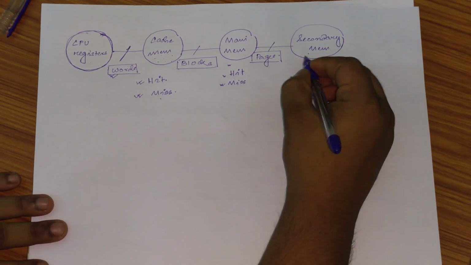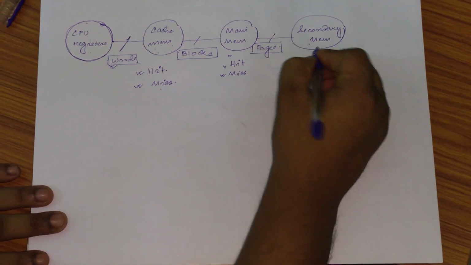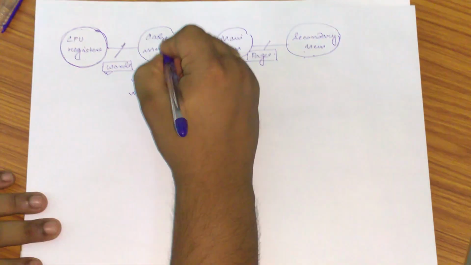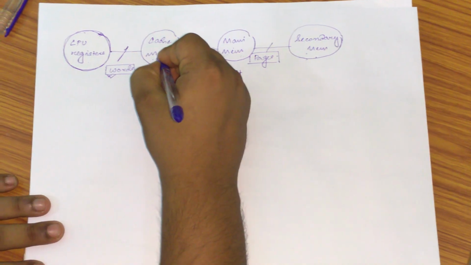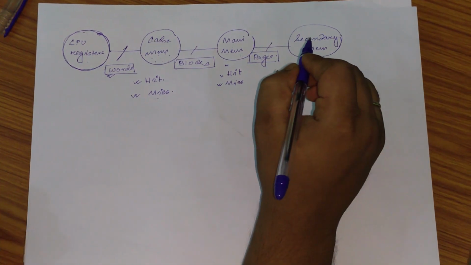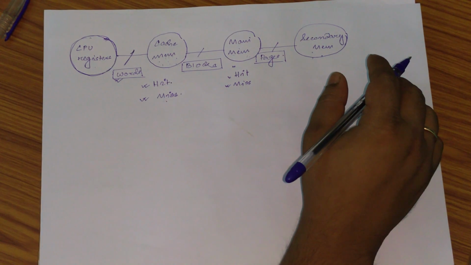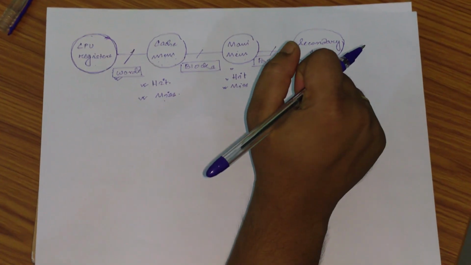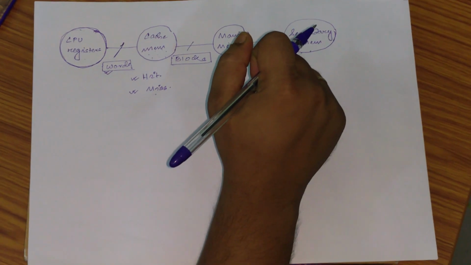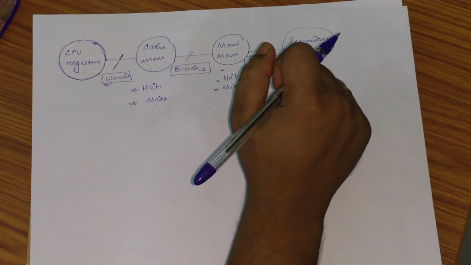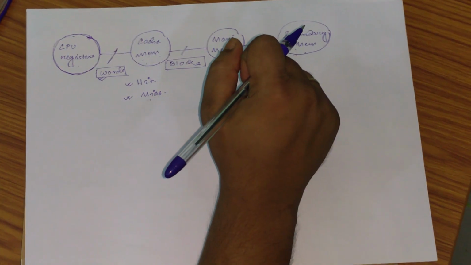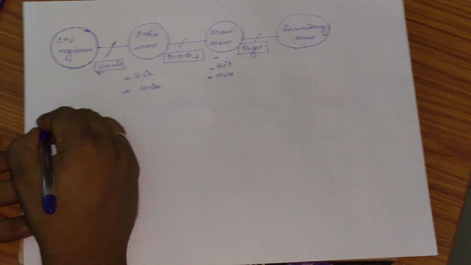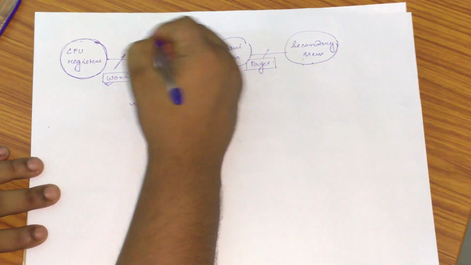Now, when we hit the secondary memory, the data will be first transferred to the main memory in the form of pages, then from main memory to the cache memory in the form of blocks, and from the cache memory to the CPU in the form of words. So this is the structure of a typical hierarchical memory organization. Actually, if we see, there are two types of organization in which the memory can be. The first one is called the hierarchical memory organization, which is this one.